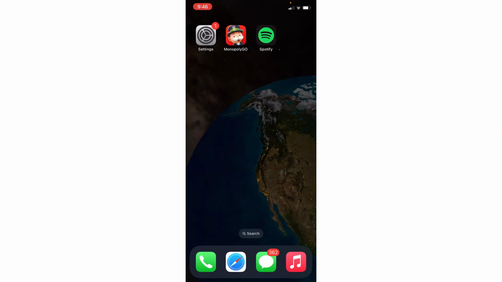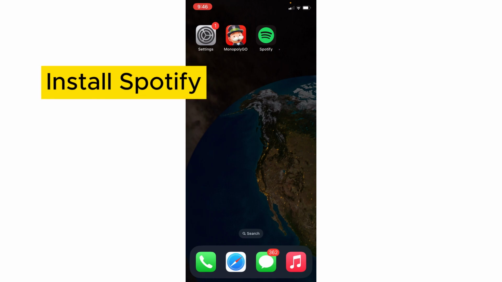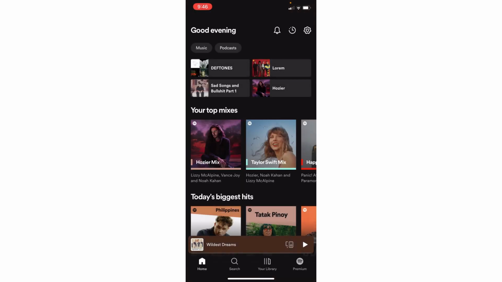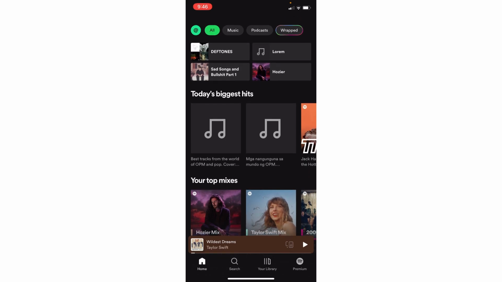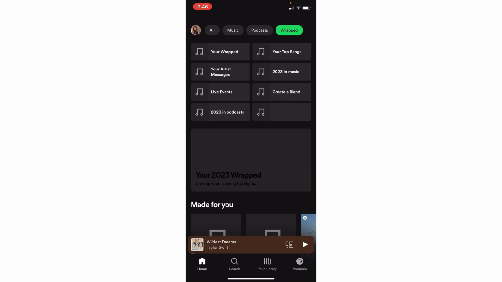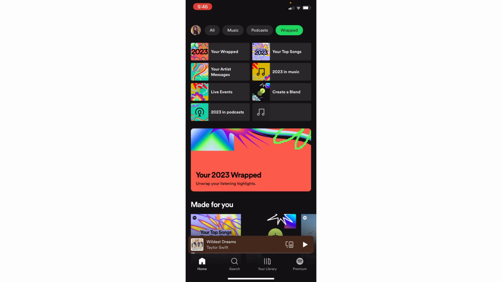So if you want to see your Spotify Wrapped, what you'll need to do is install the Spotify app. Then right after, you'll just need to head onto the app itself. Once you've logged in, you should be able to see it directly in here. There is a wrap button which is colored onto the upper part. You'll just have to click onto that one and you should be able to see your wrap in there,